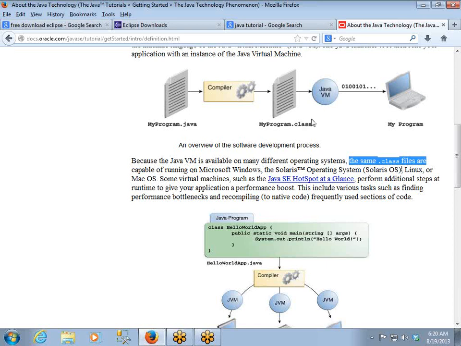These virtual machines are not platform independent; they are platform dependent. The .class file, the intermediate file we are talking about, is independent of platform, but the virtual machine depends on each and every platform. So these virtual machines differ from platform to platform.